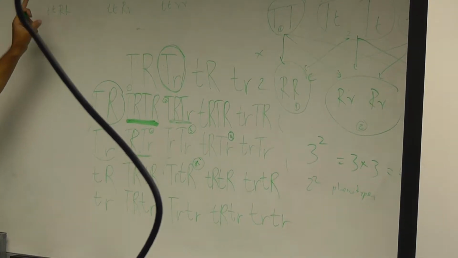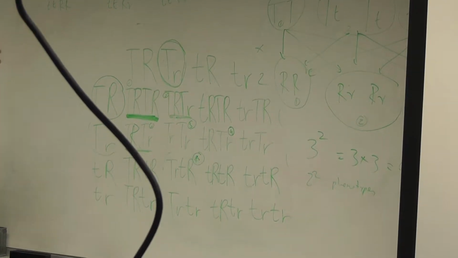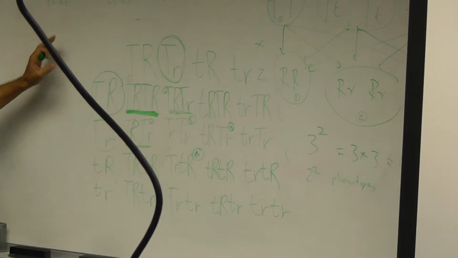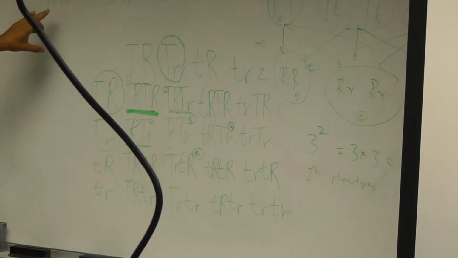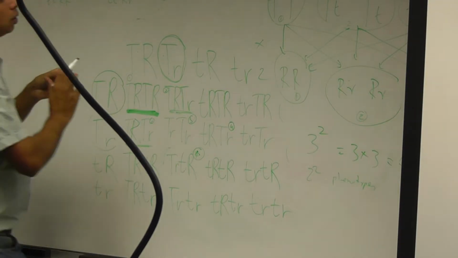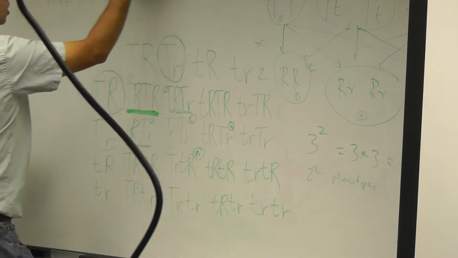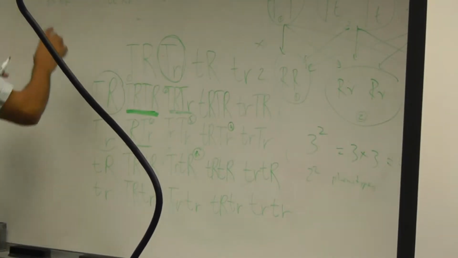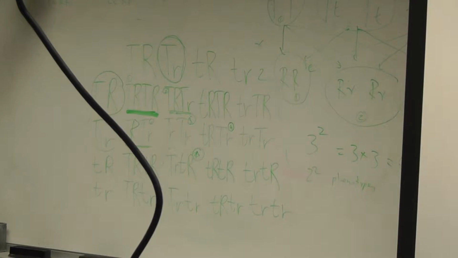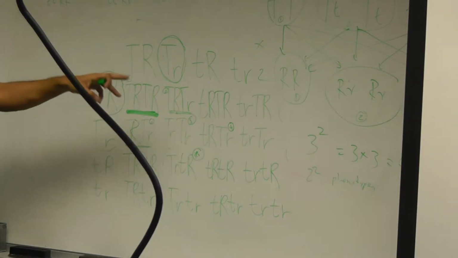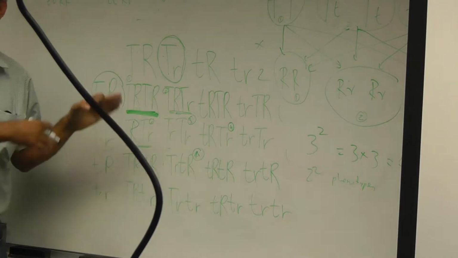But note which one is capital and which one is small. Okay, these are the 9 genotypes. How did I get it? I took this combined with these. Those are the first 3. And then the question was, how many of these are there? So there are only 9 here, right? But they have to add up to 16, because that's what is there in the Punnett square, that's the total